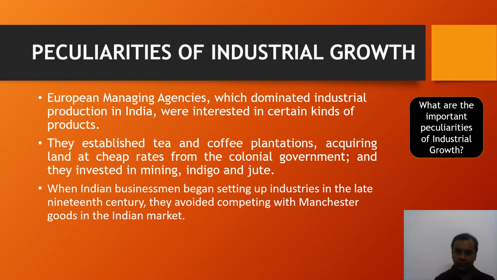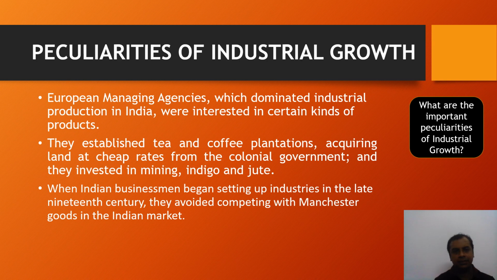As we all know, India was under British control in the 18th and 19th century up to 1947. So industrialization was launched in India by the British imperial powers. They never tried to develop India for its own sake, but for their sake only. So they concentrated only on certain kinds of products, that means the products which were of huge demand in England particularly and in Europe as a whole.